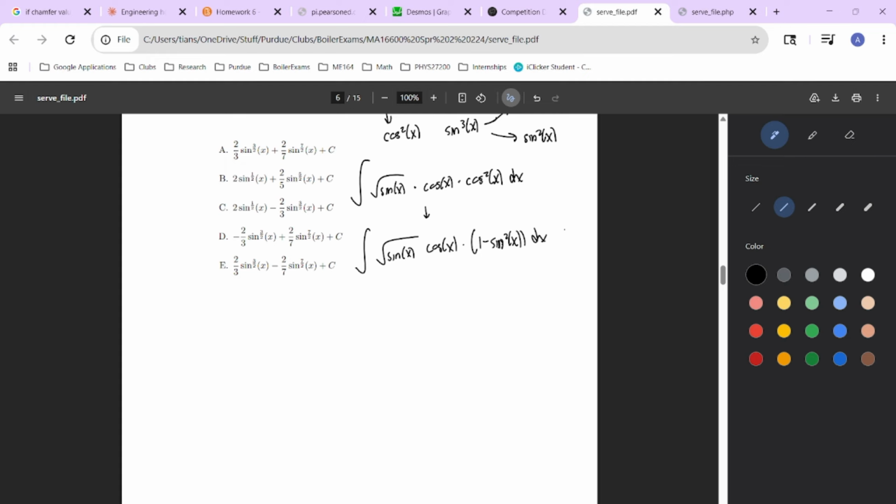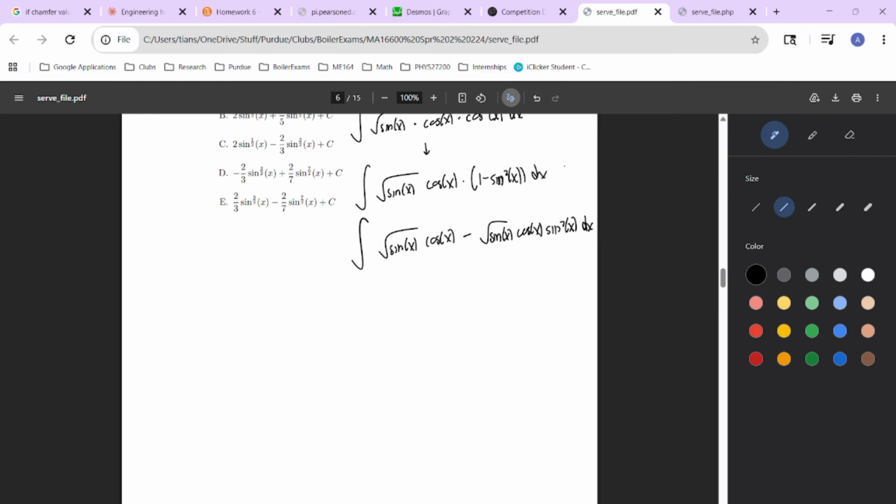Let's do that. So now we distribute. This becomes the square root of sine of x multiplied by cosine of x, and then minus the square root of sine of x multiplied by cosine of x multiplied by sine squared of x, all of that dx. And we can split this up into two integrals. This becomes the integral of the square root of sine of x cosine of x dx minus the integral of sine 2 plus 1/2